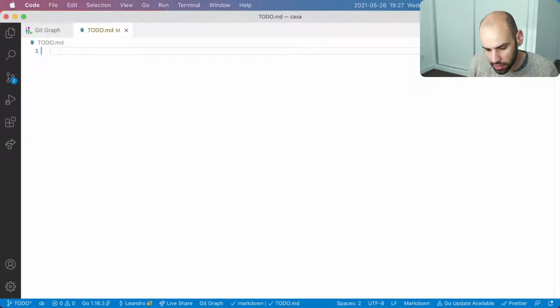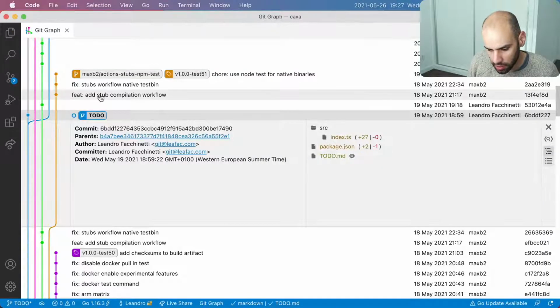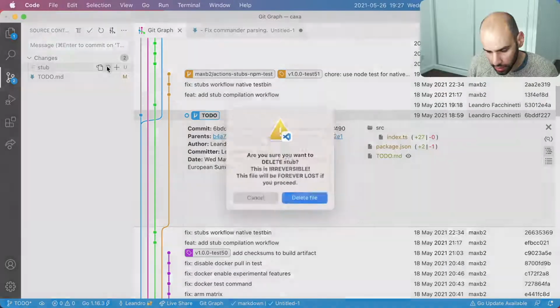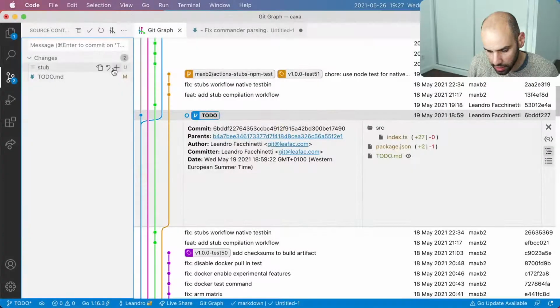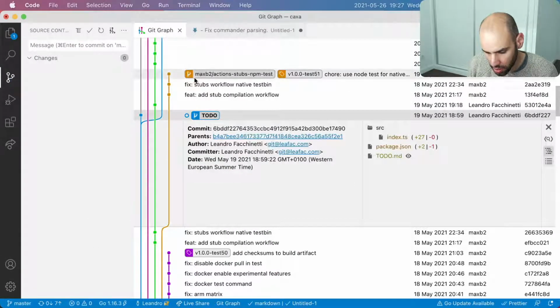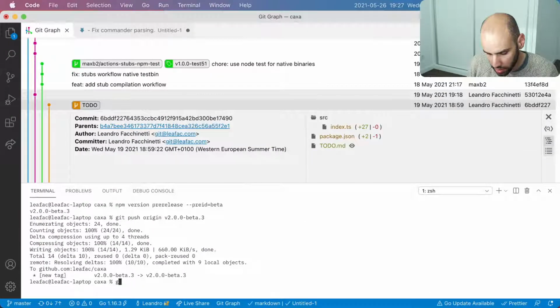So we'll copy these to-dos into a temporary buffer, and we will move back. So I guess I can cancel this, go back here, discard these changes, go back to the master branch, and then git branch delete the to-do branch.